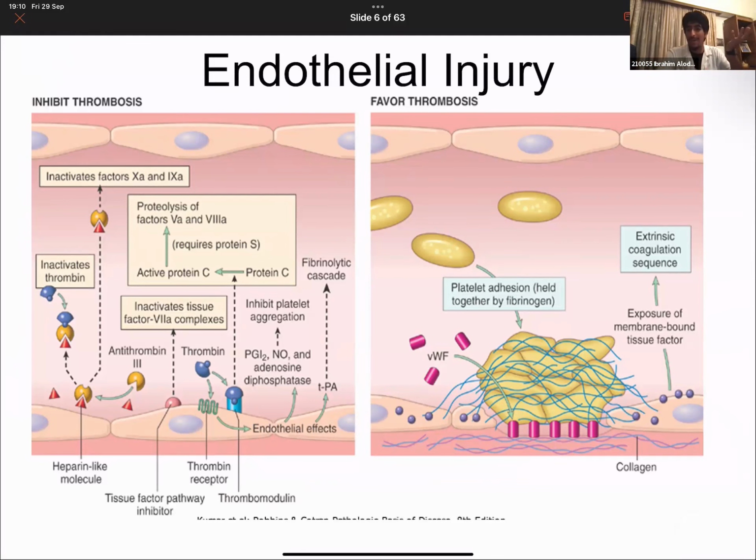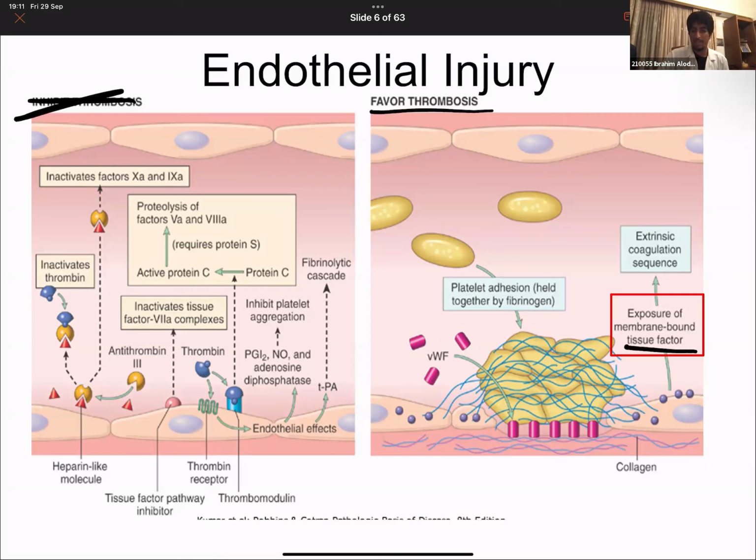It's again a diagram that's very confusing, but you guys don't need to know all of that. As for the things that inhibit thrombosis, we're going to focus on that later in the lecture. Right now, we're going to talk about the things that favor thrombosis. Really, all I want you guys to take away from this slide is this: when there is an endothelial injury, something called tissue factor becomes exposed and released. And tissue factor is very, very important because it basically,